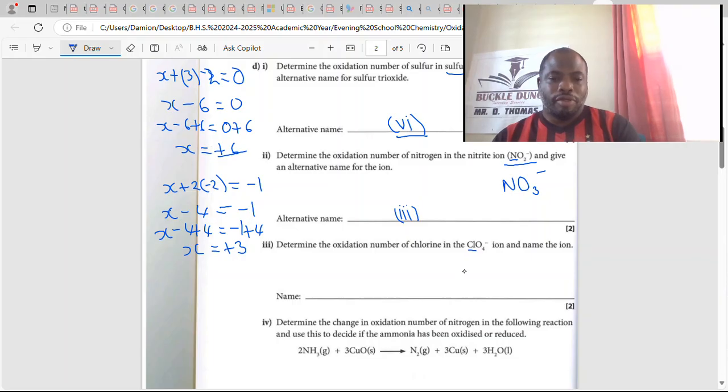What's the rule? The Cl will be 0, and no, the same one for oxygen, thank you. -2, and